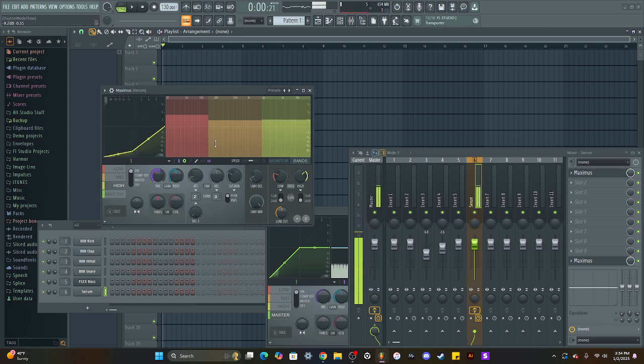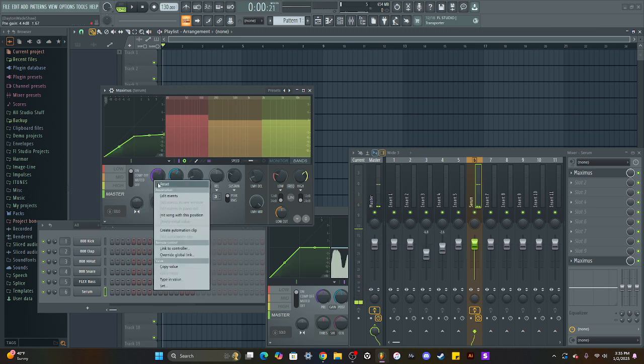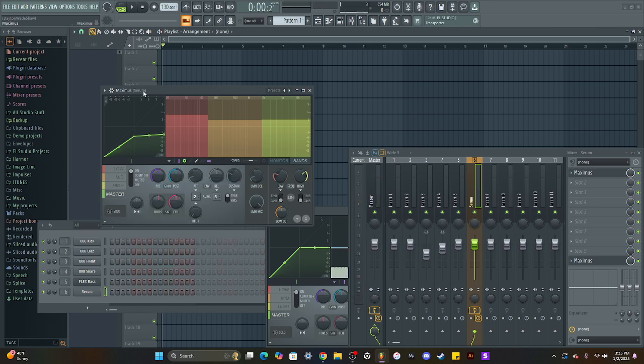You can control them right here. This is your master. You can just compress all of them at once and boost pre-gain or post-gain. Add some saturation, some stereo and mono. So yeah, it's pretty simple and straightforward. Once you use these multiple times, then it's just like second nature, and you have more interest and more time